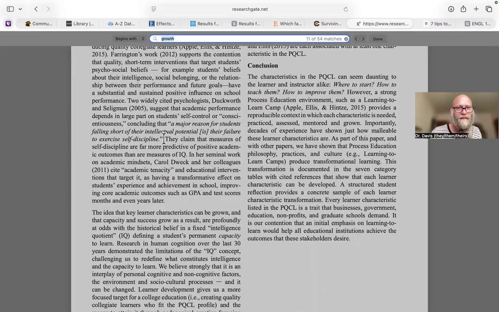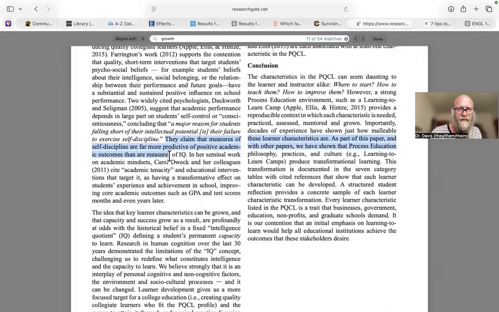Here's a good quote. They're quoting Duckworth. That's going to be growth mindset. Some of you might know this stuff from other classes. It says measures of self-discipline are far more predictive of positive academic outcomes than our measures of IQ. This is totally true. This is going to be something that I could use in the intro as well.